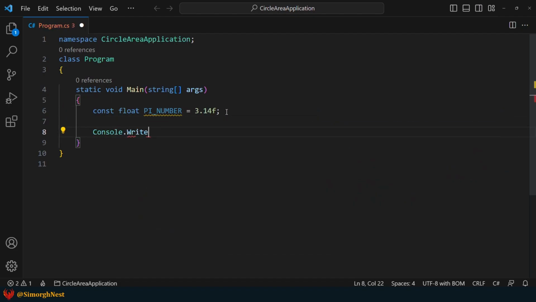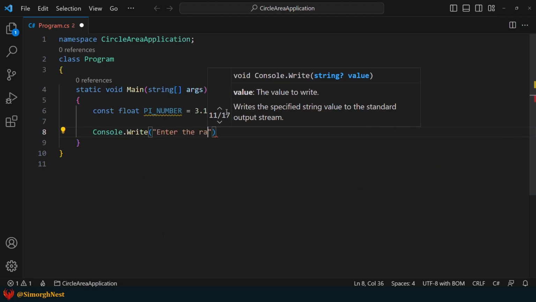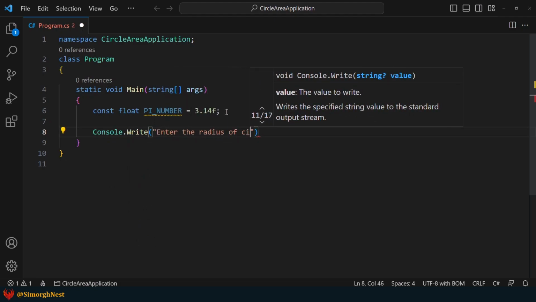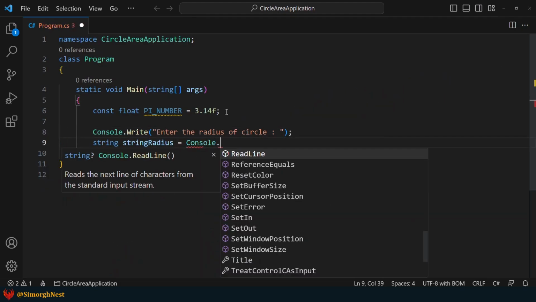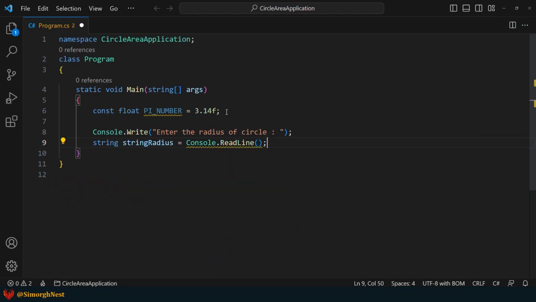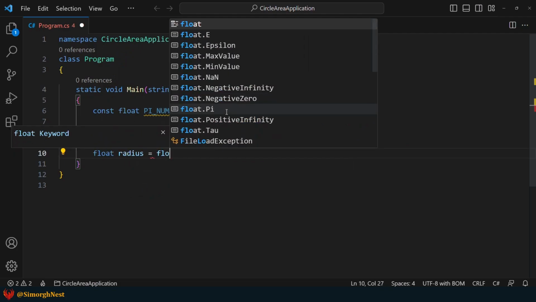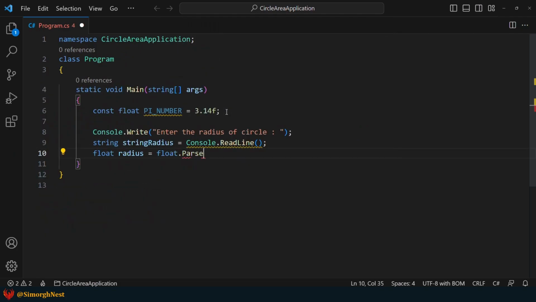Next, let's obtain the user's input using the readLine method. Once we've obtained the radius as a string input, we'll need to convert it into a float type using the parse method.